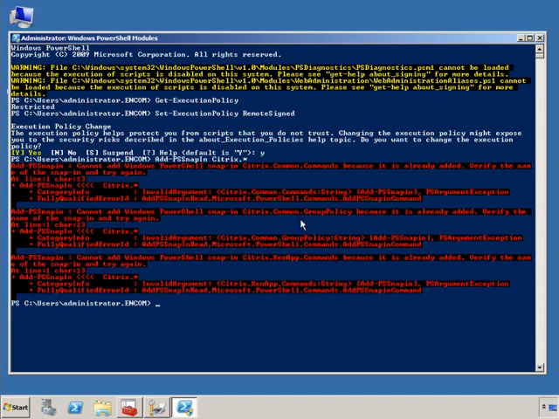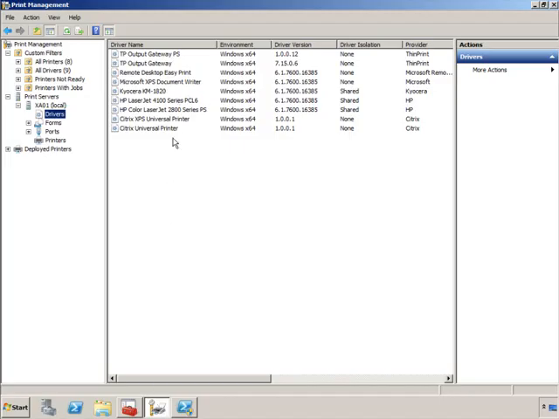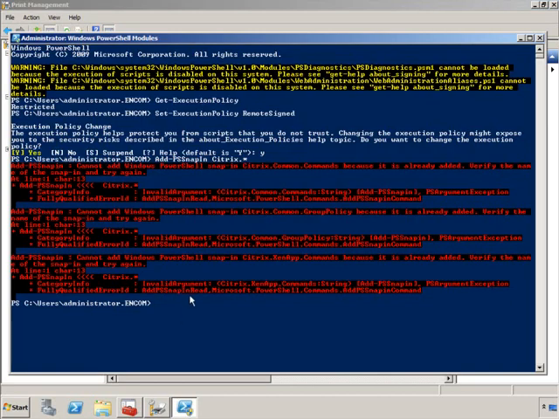Now the first thing you want to do before you can start replicating the print drivers is get a list of the print drivers that are available on this particular server. In the print management console here, we saw all the print drivers that are available, but if you wanted an easy way to see those drivers within PowerShell, or if you wanted to construct that driver inside of your script,